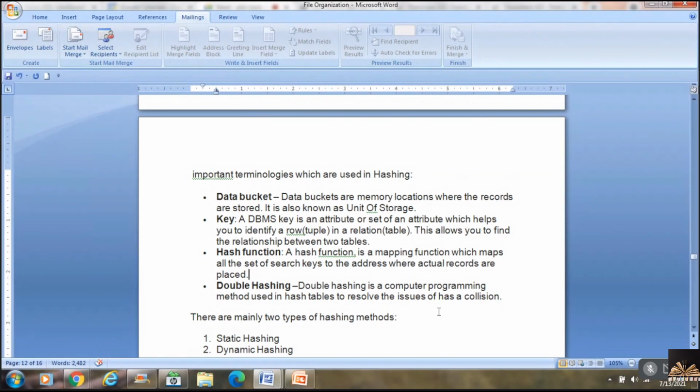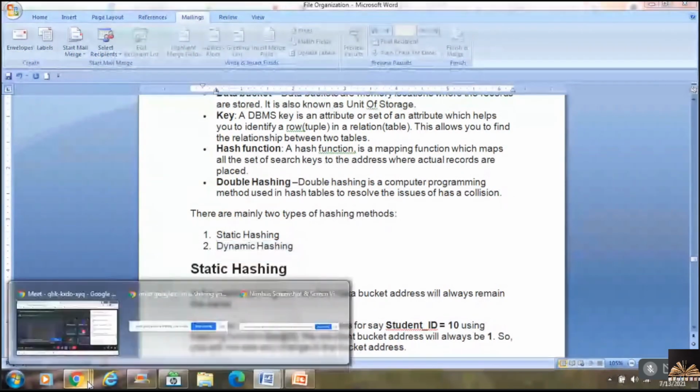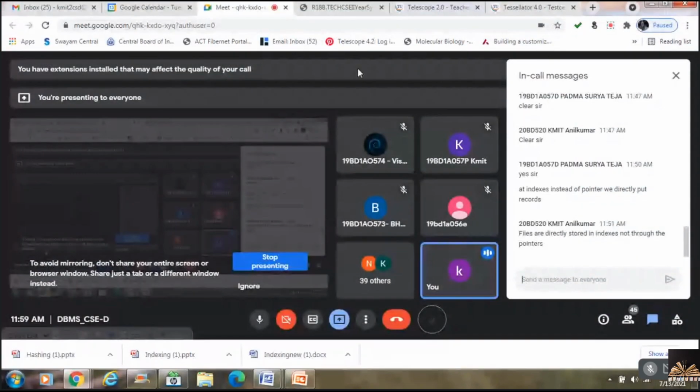Okay. And whenever I'm talking about hashing methods, I've got to work with static hashing and dynamic hashing. Static hashing and dynamic hashing. I think you know what do you mean by static hashing and dynamic hashing? All of you know this?